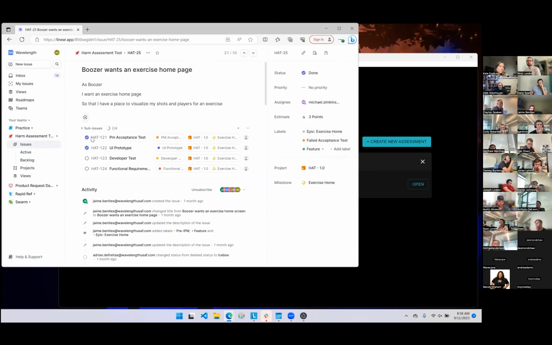This is a process that has moved all the way through, and so the status of it has been done. It's been pointed. This is something that did fail on acceptance test, and so when that happens, we added a label towards it. And because this was done before our new